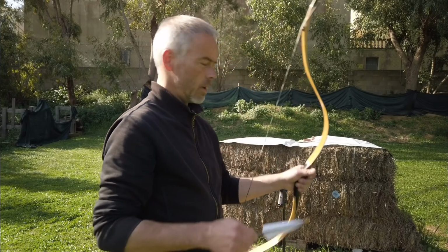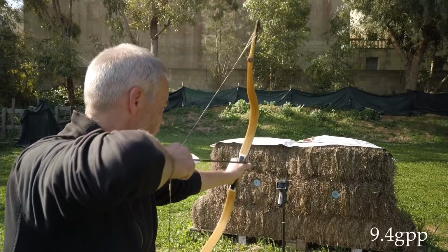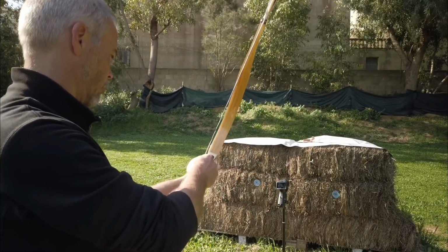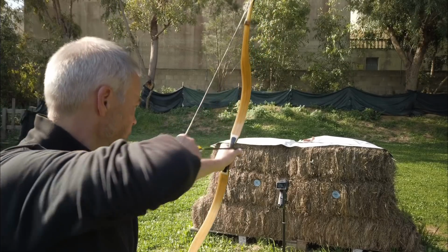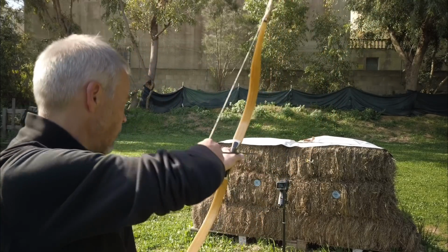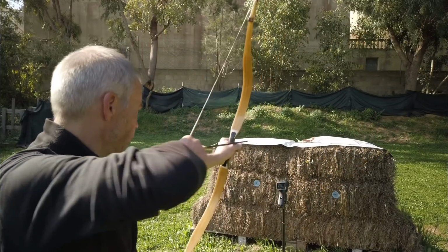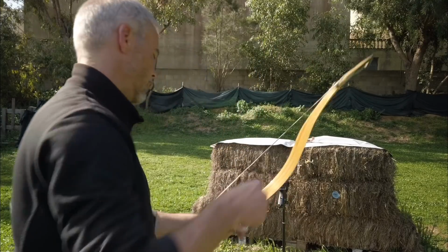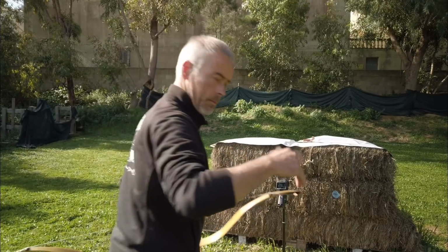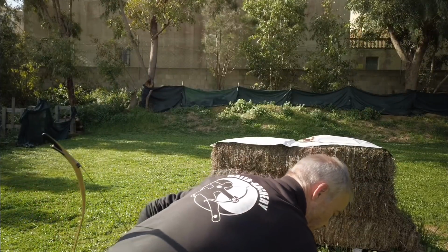Good. 34 at 28, and I shoot 320 grain. 165. 154. 163. 155. 163. So now we draw 32 inches, and at 32 the bow had 44 pounds,